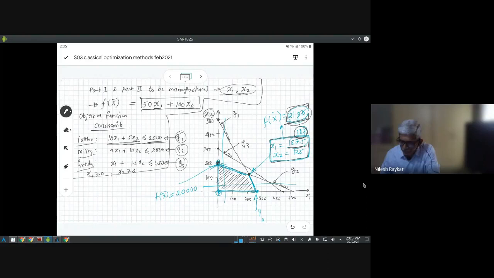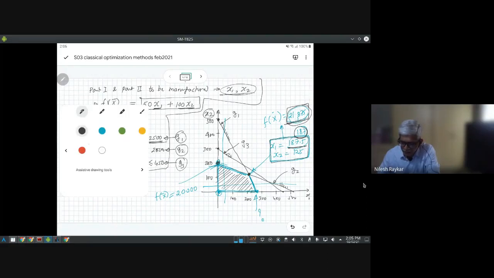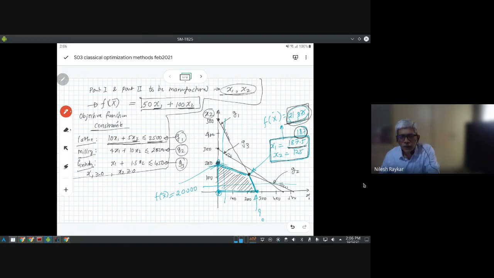Another thing which I just want to mention here is this graphical method allows you to observe the variation of your objective function. So your objective function is given here. So the objective function can be written as 50x1 plus 100x2 equal to some constant k. So it is the equation of a straight line, and this k is nothing but your profit. So if you draw the objective function passing through the point, which is our optima point, you will find that for this particular point, the equation of line will be as follows, and here k will be equal to 21,875.